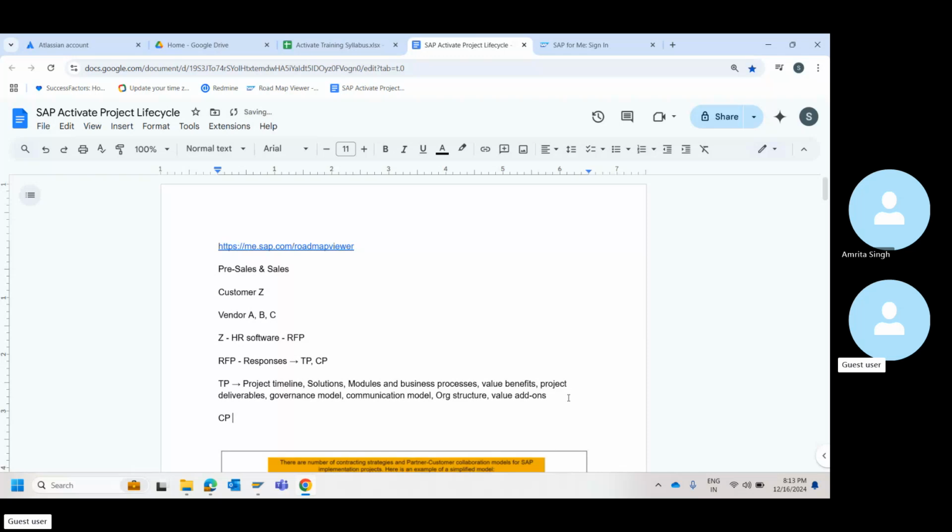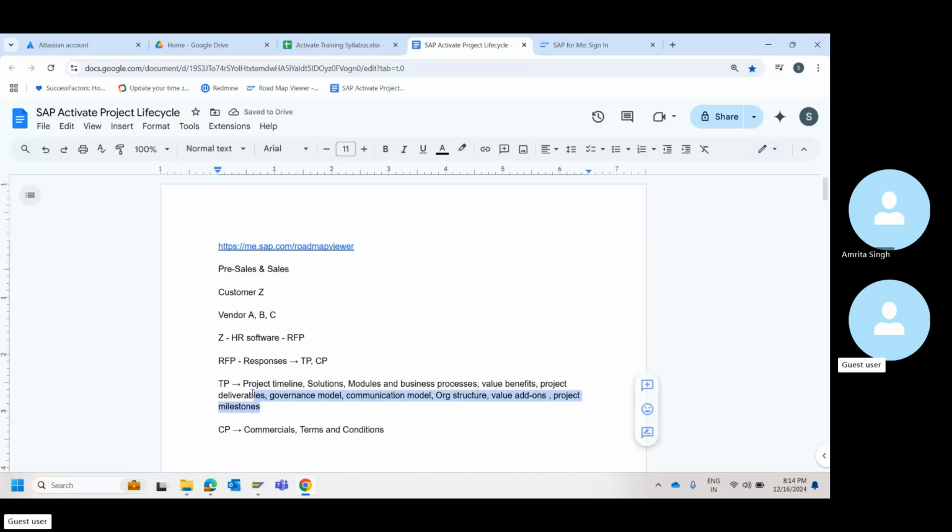And then your CP is going to involve your commercial or budgetary terms and conditions. How you have to pay, what the payment terms are, things such as that will be there. One more important thing is project milestones here, which I have missed. Not necessarily are these the only things that will be available. I'm just saying these are certain things that will be available for sure. Again, it depends on the customer you are dealing with. So during the time of the RFP itself, they'll say you will have to give me all these details.